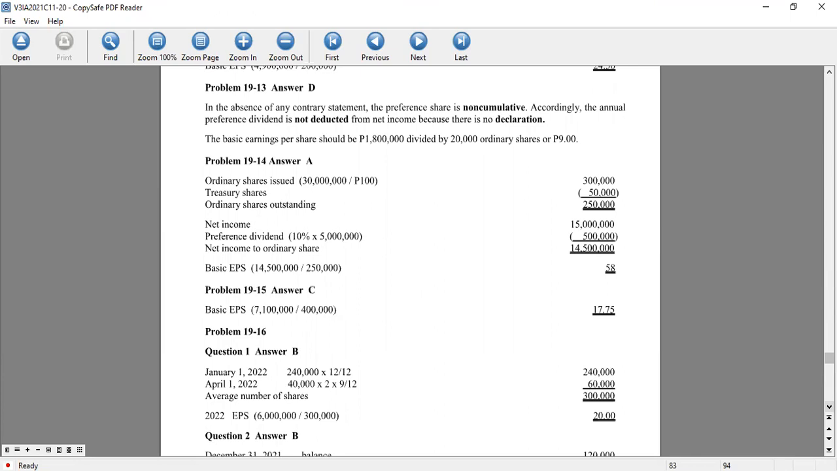Next, number 13, the question is in the computation of basic earnings per share, what amount should be used as earnings? In the absence of any contrary statement, the preference share is non-cumulative. Accordingly, the annual preference dividend is not deducted from net income because there is no declaration. The fact that the preference share is non-cumulative and there is no declaration. So the basic EPS should be